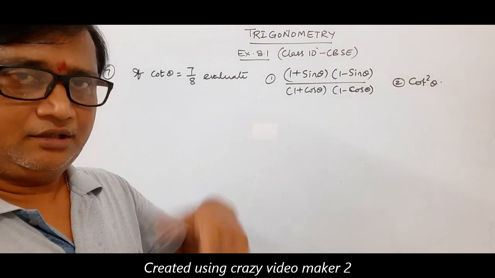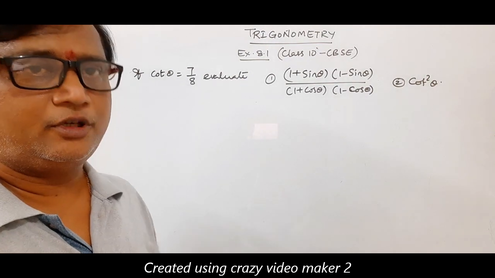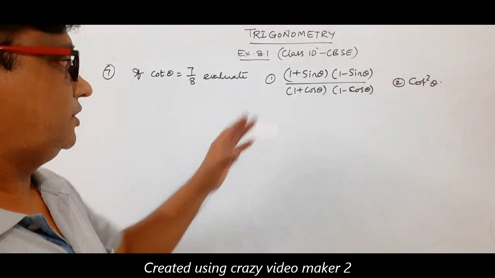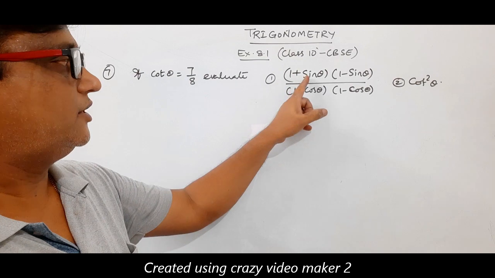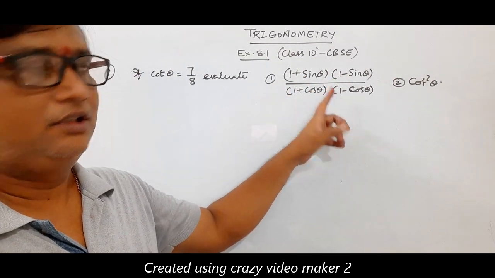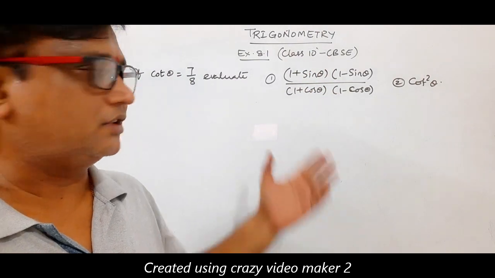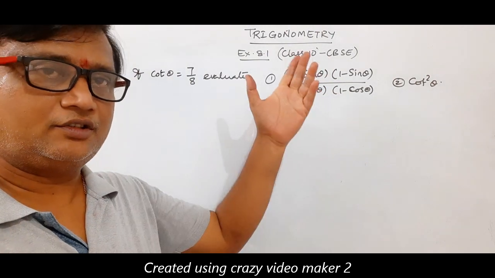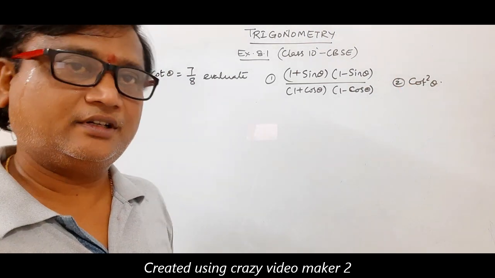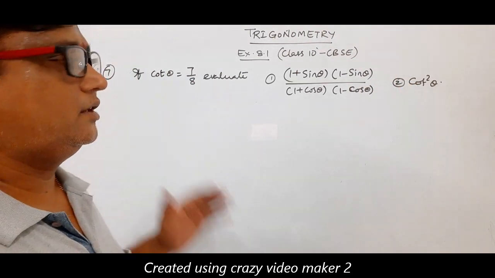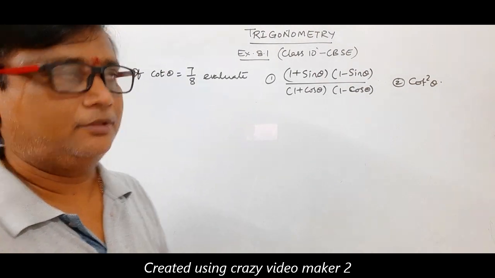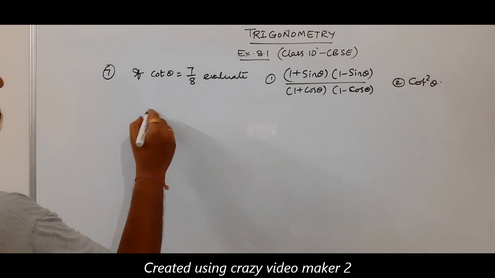Here, after the 8.3, 8.4 exercises, we all know the identities of trigonometry. You can utilize them, for example, (a plus b) into (a minus b). So 1 minus sin square theta by 1 minus cos square theta. 1 minus sin square theta means cos square theta, and 1 minus cos square theta means sin square theta. So cos square by sin square means cot square theta. Like this we can find out. But here we are using the Pythagoras theorem in 8.1, so we are using ratios only.